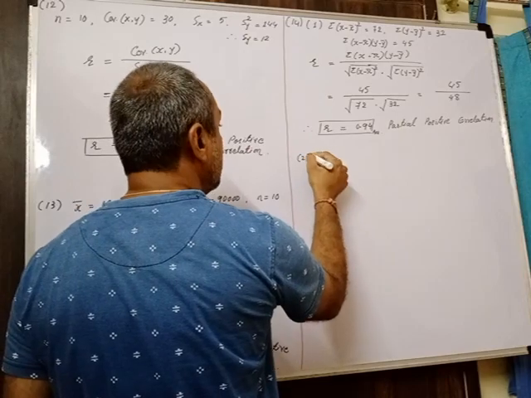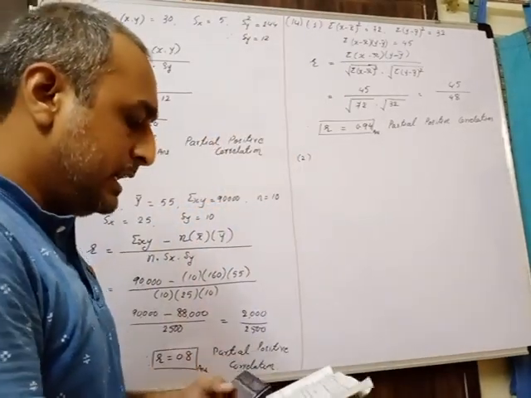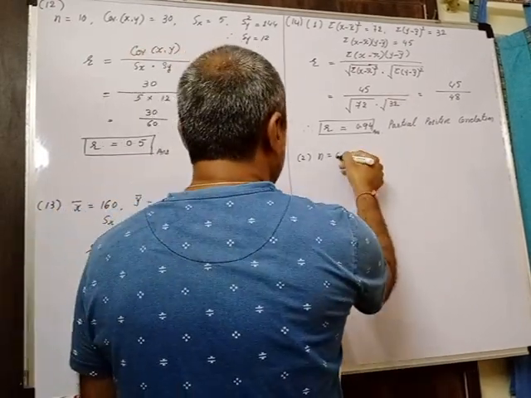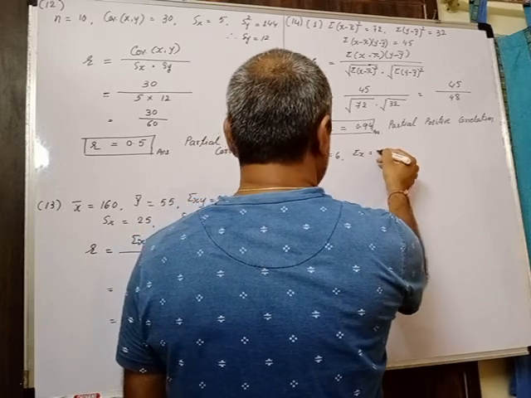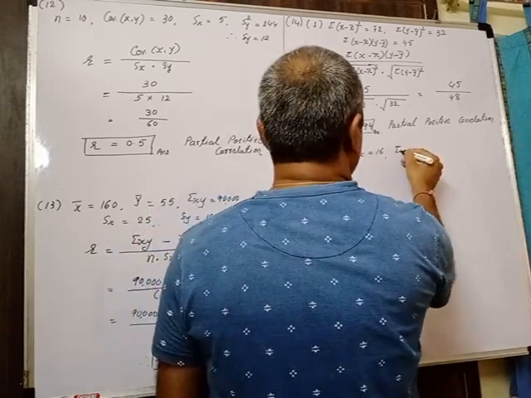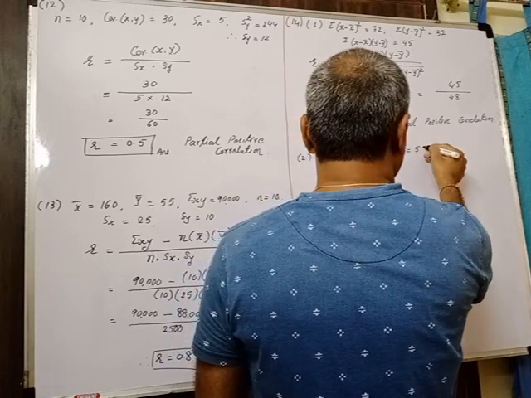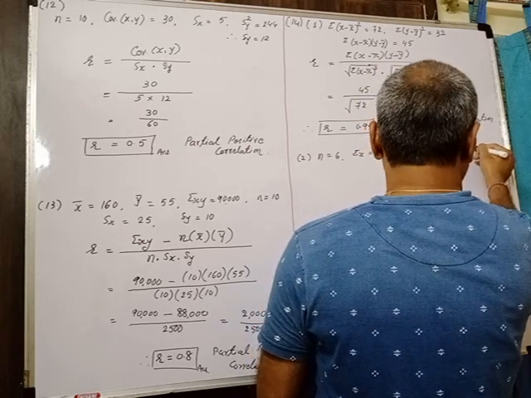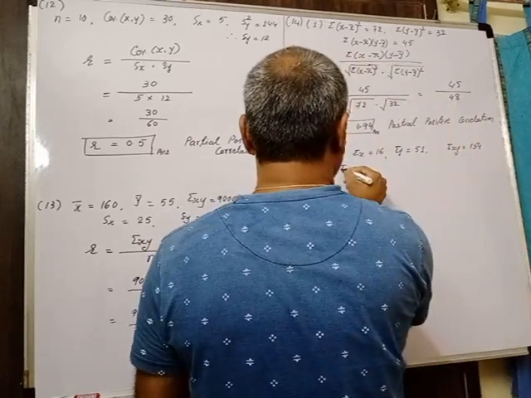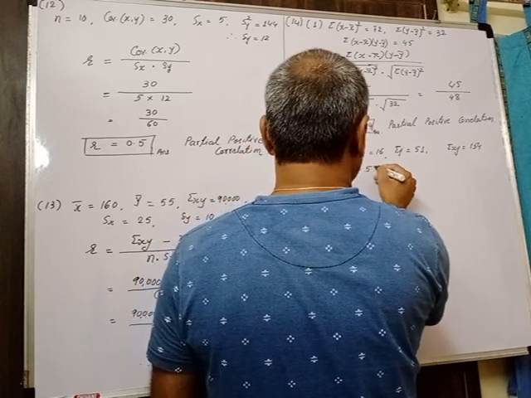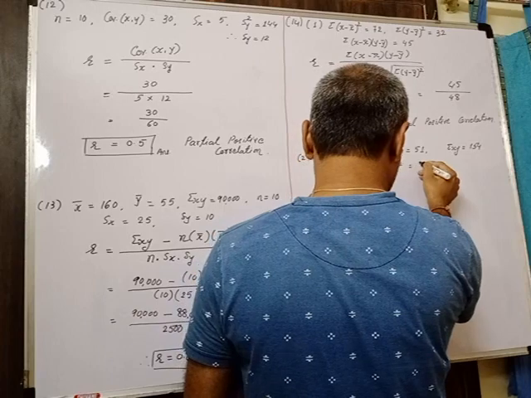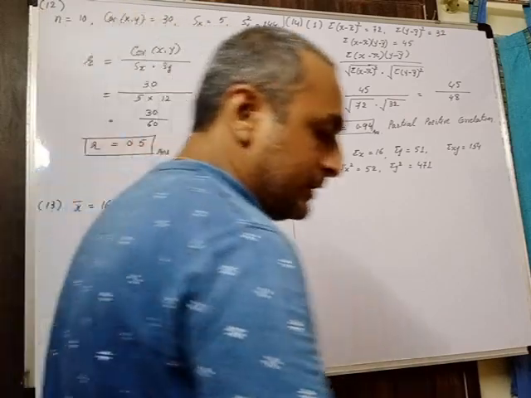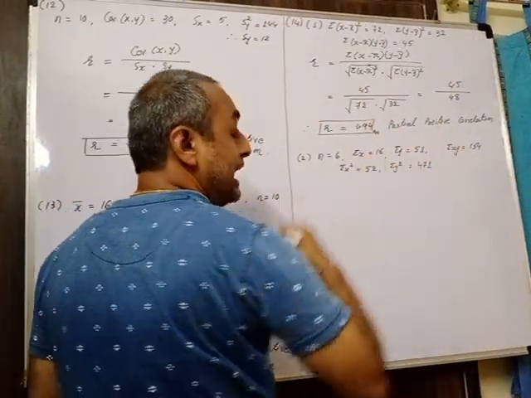And also the second sum in that question number 14, where the data is provided, this formula is very useful and familiar for you. N is equal to 6, sum of x is equal to 16, sum of y is equal to 51, then sum of xy is equal to 154, then sum of x square is equal to 52, and sum of y square is equal to 471. This is the given data.